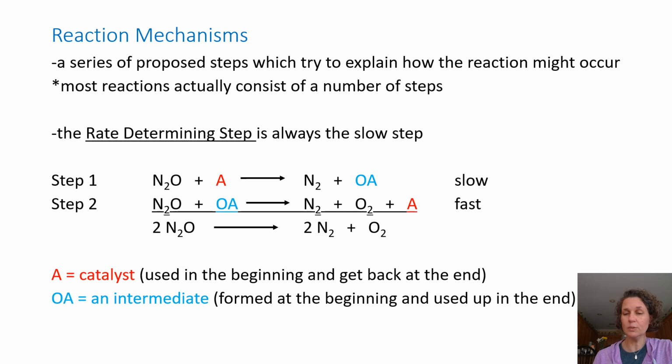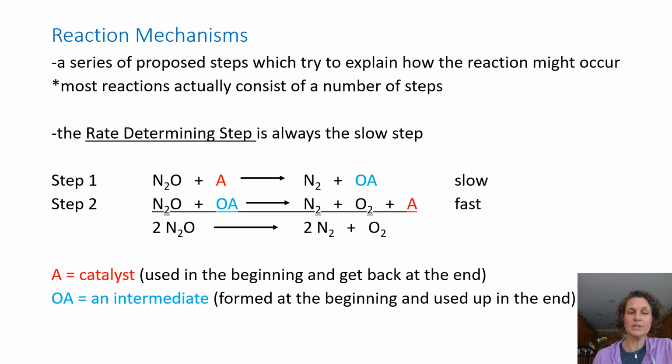In this case, again, it could be any compound or element, but notice that it is a product first, and then it becomes a reactant. And so it is made and then is used. With these steps, you can cross out the things that get used up or that you don't see in the final reactant,